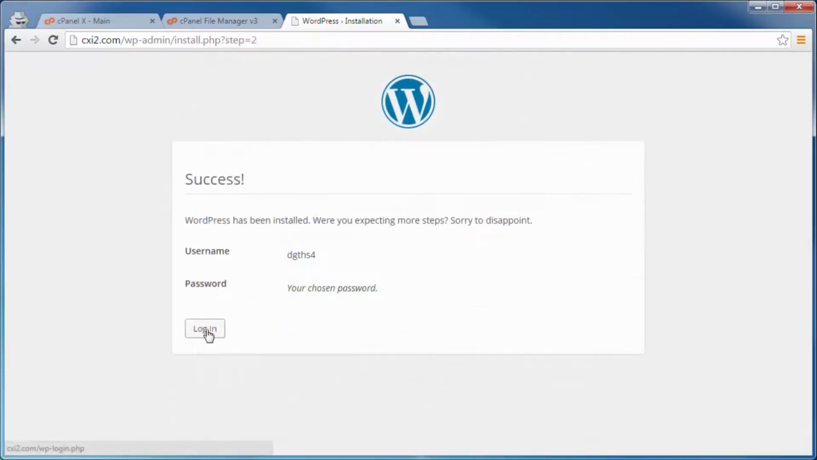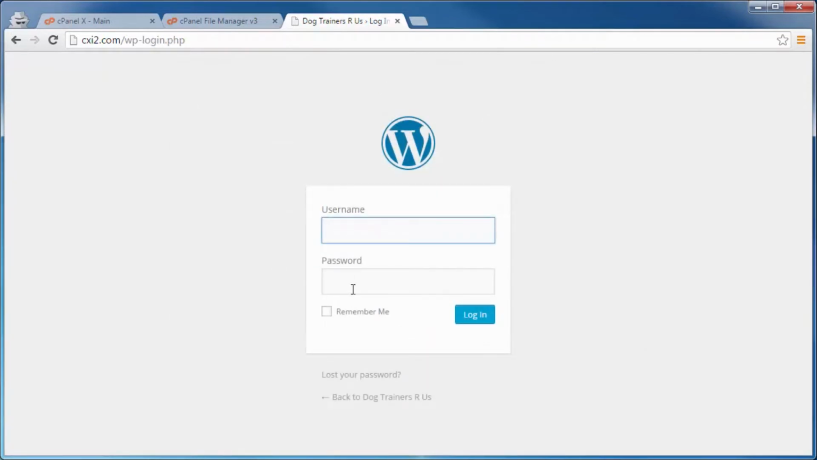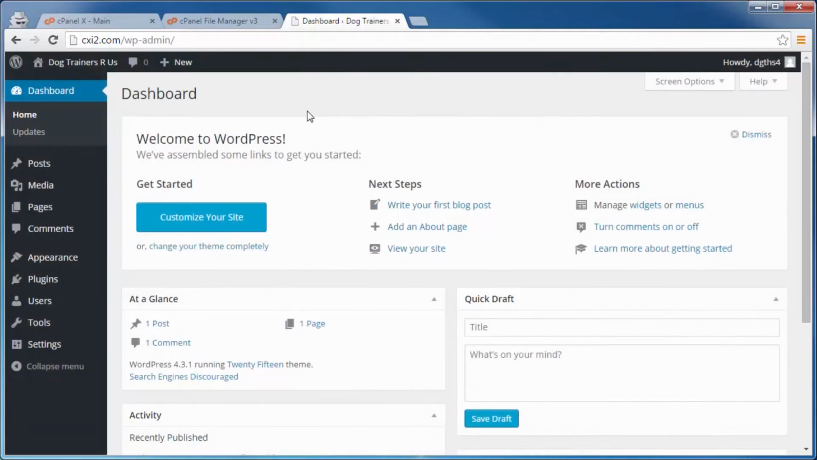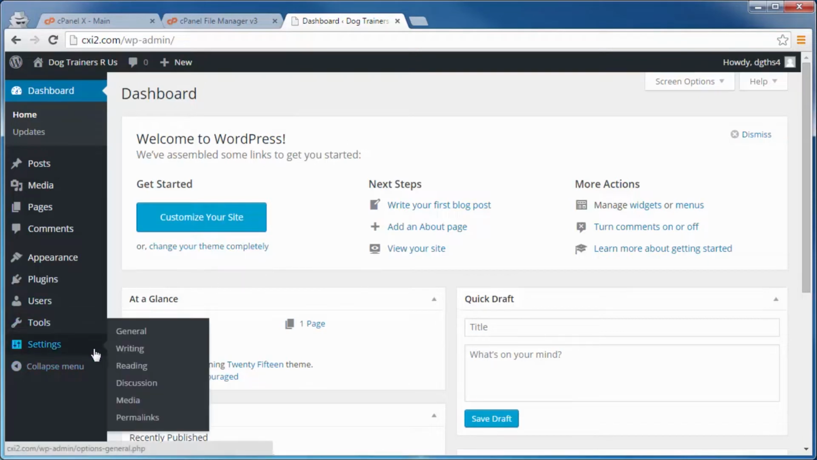Yay! Now then click on Login and enter the username and the password that you just copied to your text document. Then click on Login. And this is our dashboard area for the admin area. Now then we come on down here to Settings. Now basically we're done at this point, but if we come on down here to Settings and go to Reading,